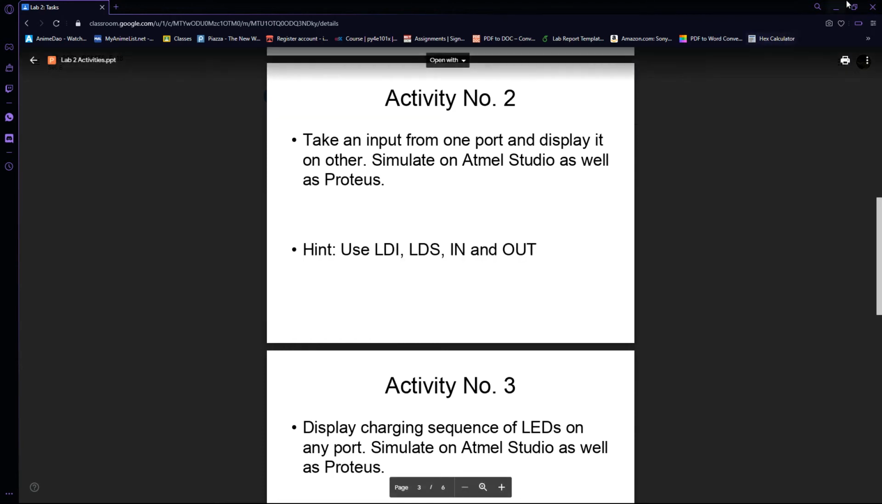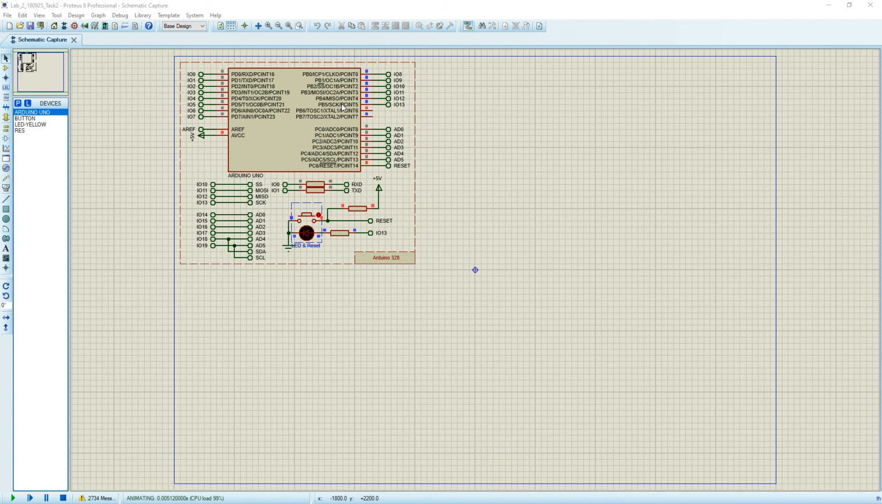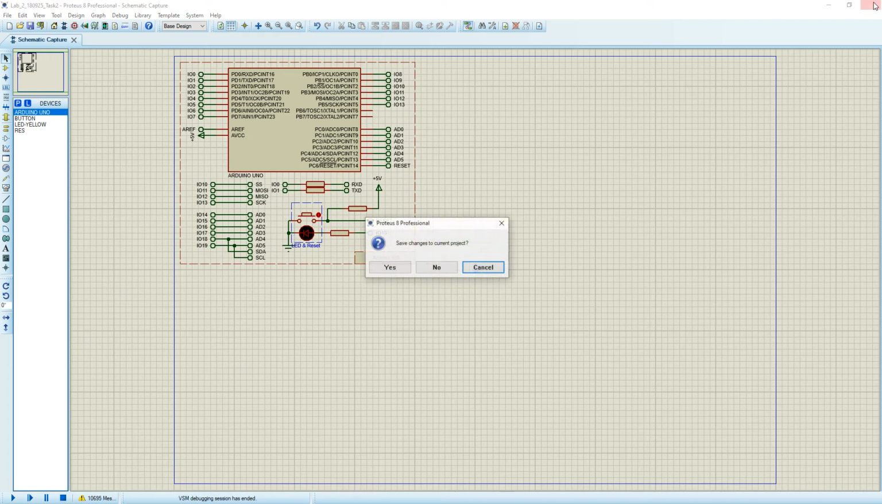Okay, now over here as you can see, I'm taking an input from the port B, okay, and I'm displaying it on the DDR or on the port D, okay. So that's why it's just 00. Now I will just stop simulating this task,